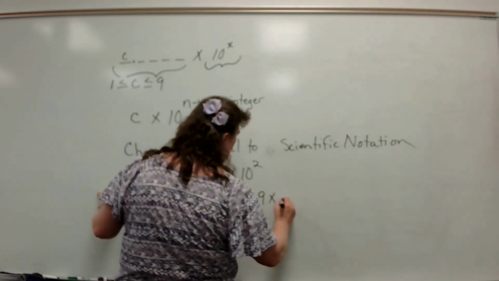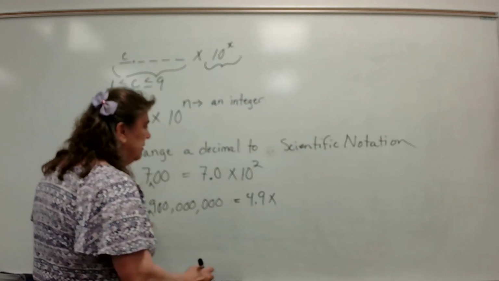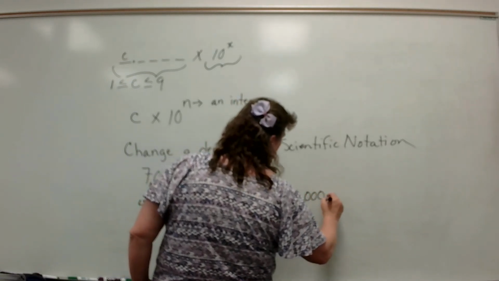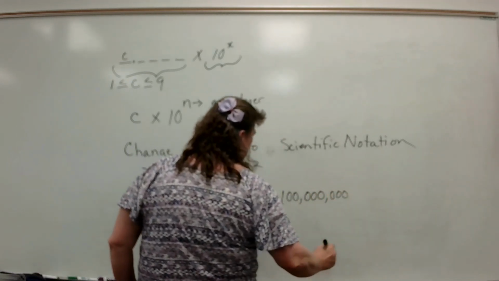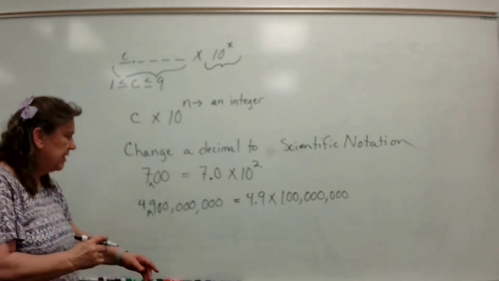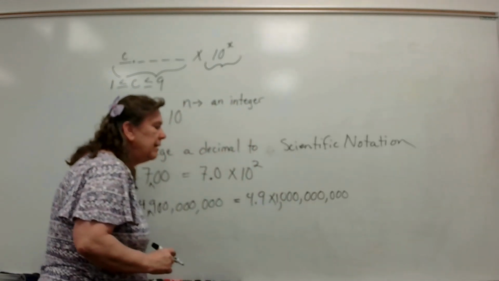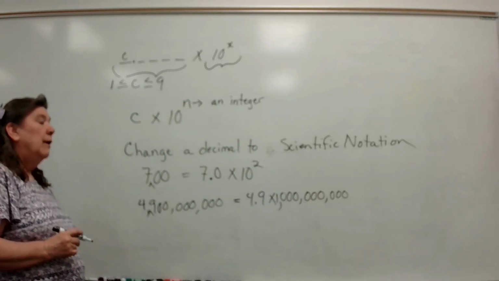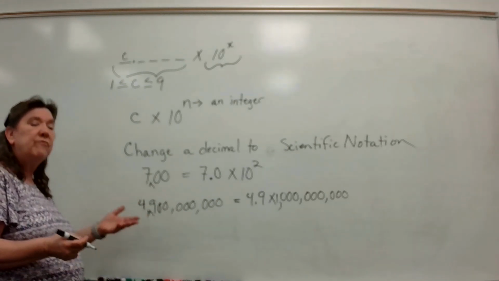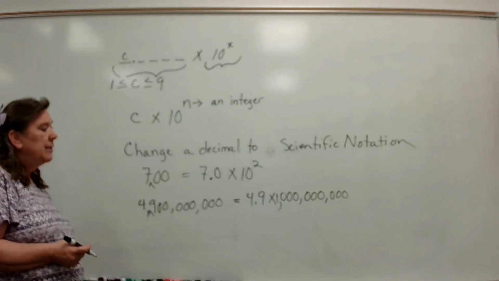4.9 times, well, this would be 100 million. Okay? If we multiply this times 100 million, it would give us that number. Okay? Or no, times 1 billion. 1 billion. Okay? 4.9 times 1 billion will give you 4,900,000,000. Okay? So now that